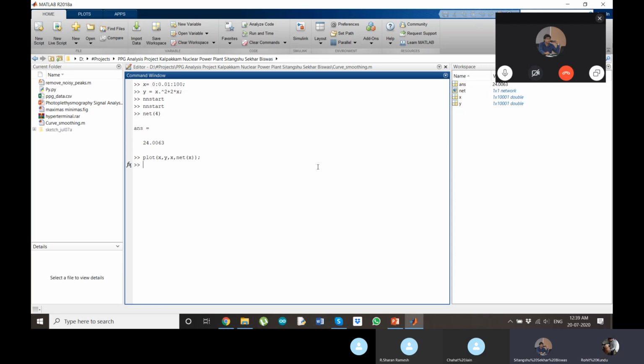So you match it and generate a data which is superimposed to that. From that data, you train a network.